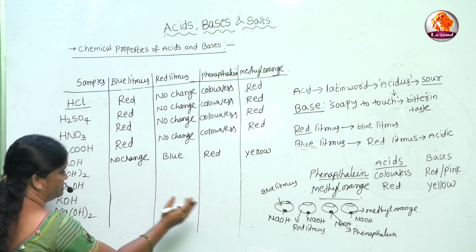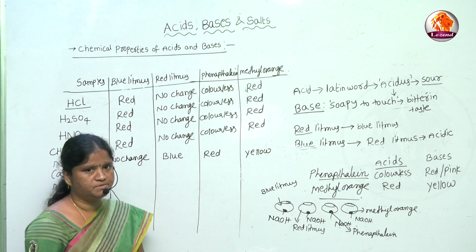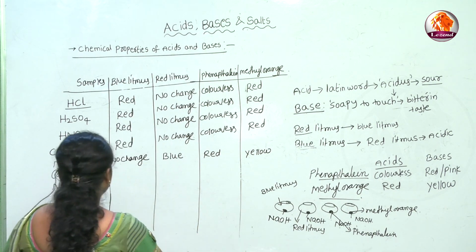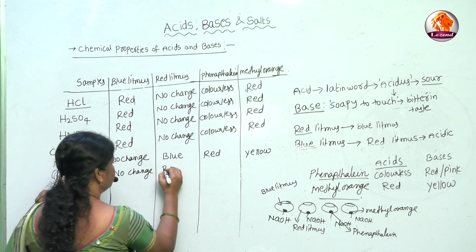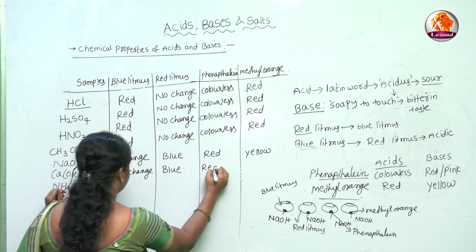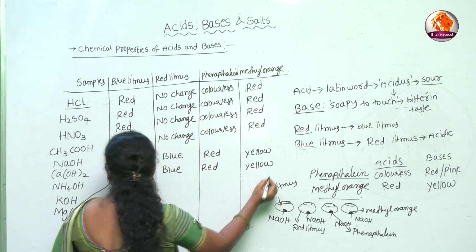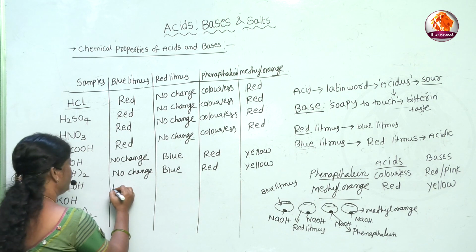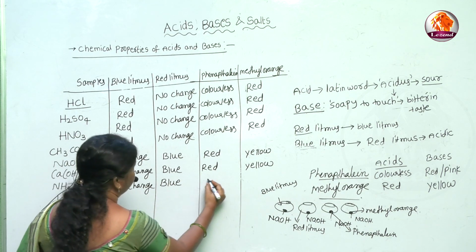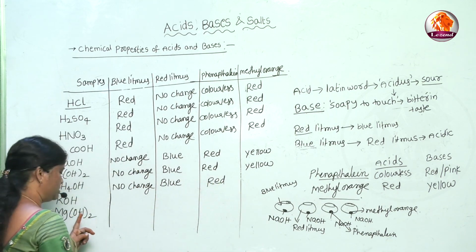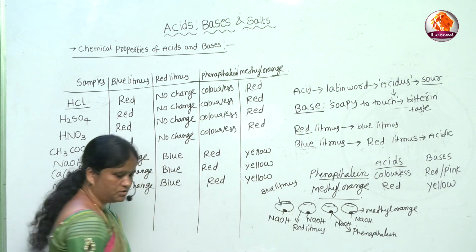Okay, calcium hydroxide. In place of sodium hydroxide we have to consider calcium hydroxide in 4 watch glasses with blue litmus paper and with the synthetic indicators and observe. Calcium hydroxide with blue litmus, no change, it remains blue. With red litmus it turns blue. Phenolphthalein turns the calcium hydroxide solution red. Methyl orange turns the calcium hydroxide solution yellow. Same with ammonium hydroxide: blue litmus no change, red litmus changes into blue. Phenolphthalein with ammonium hydroxide turns red, and methyl orange with ammonium hydroxide turns the solution yellow.